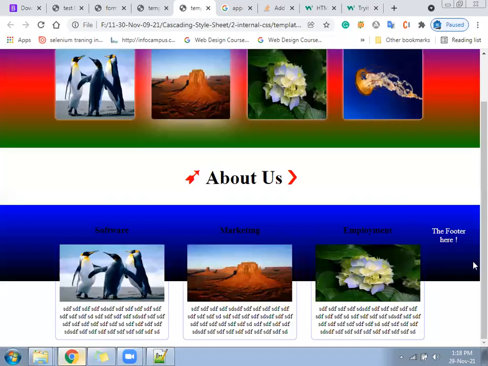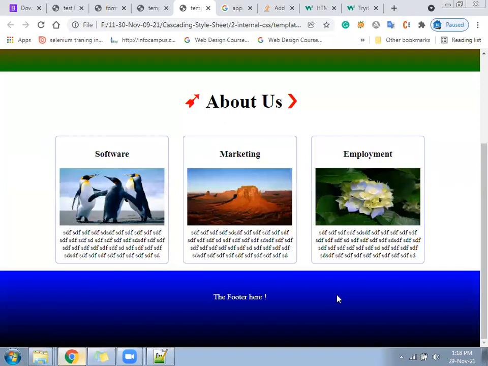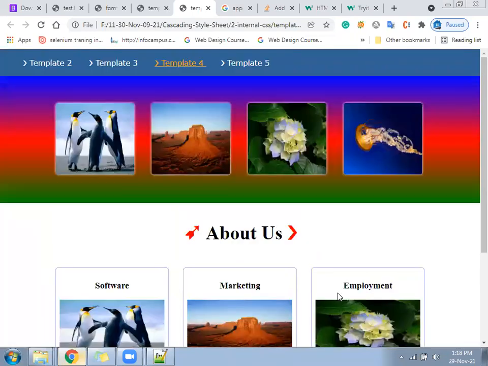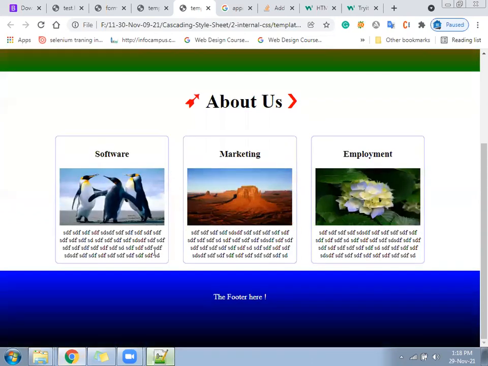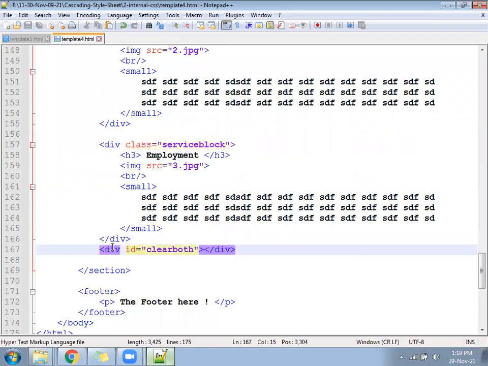Let's look at how that looks. The footer went to the last. So this becomes another type of template. In that you use many CSS3 properties: hover effect, before, after, plus box shadow, linear gradient. The photos, I have given 6-7 photos. Are we doing something on that? Try it. If you do that, then you will get many ideas. If you stop doing, then you will not get ideas. Okay, you should make something.